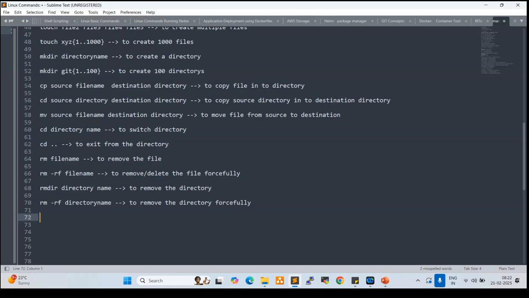So if you want to rename a directory or file, for example a directory: we already have one directory, and the directory has some name.